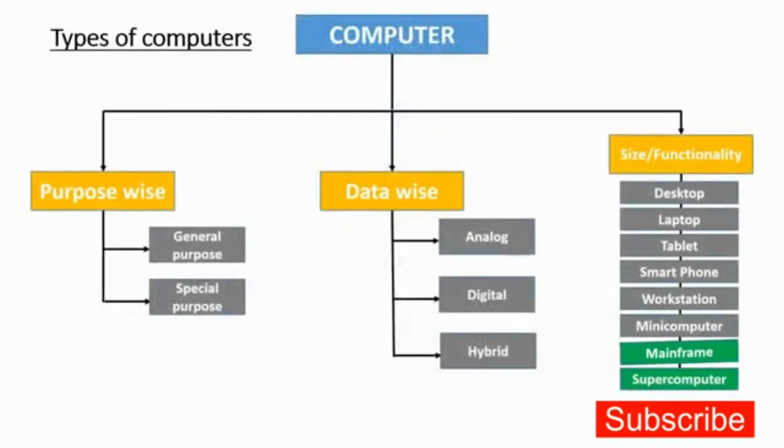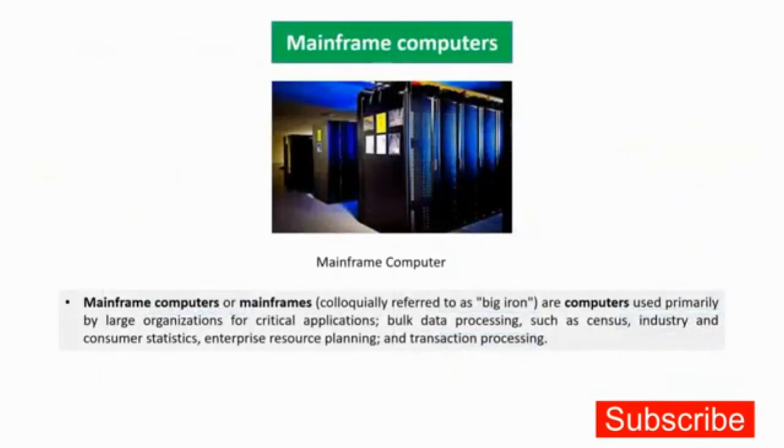And then comes, very important, the mainframe. Now mainframe computers are huge, okay, and they have a huge processing capability. They can process huge requests. So in today's time, normal people will never buy mainframe computers. They are only held by multinational companies where they have to process huge data, okay.